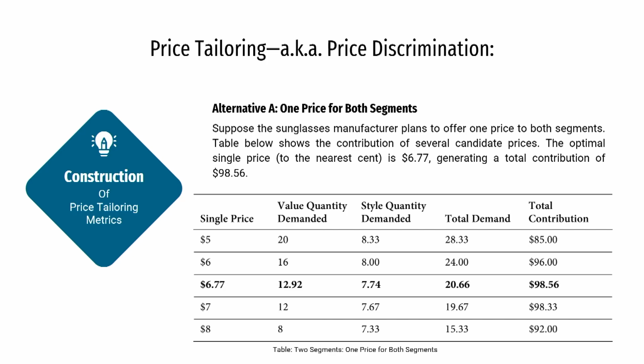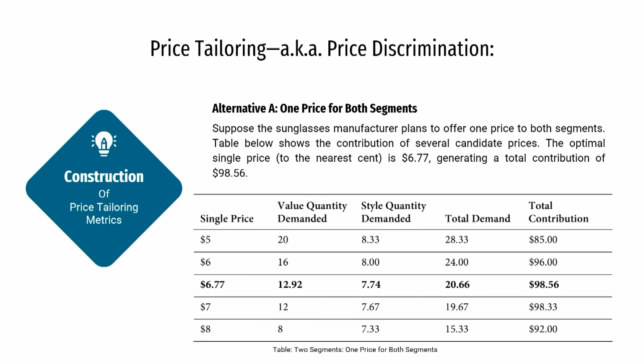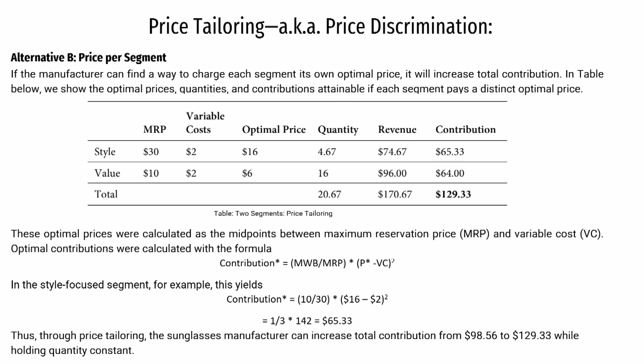So, the same quantity I have sold, but by pricing them differently as per their maximum reservation price, I am increasing my total contribution from $98.56 to $129.33. These optimal prices were calculated as per the midpoint between the maximum reservation price and the variable cost, right,